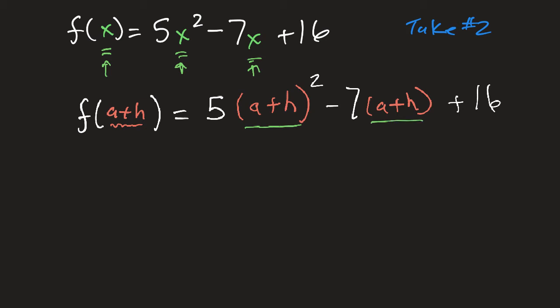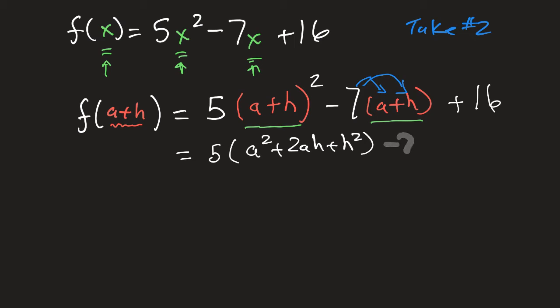Now what we want to do is simplify this a little bit, because later we're going to have to combine some like terms. Okay, so the way we do that over here with the 5 times a plus h squared, I'll do that in two little steps here. So I'll leave the 5 alone. I'm going to square a plus h, which is a squared plus 2ah plus h squared. And if you're not familiar with squaring a binomial, you can check that out and then come back to the video in this place. The next thing we'll do is we'll distribute that negative 7 to both the a and the h. So that's minus